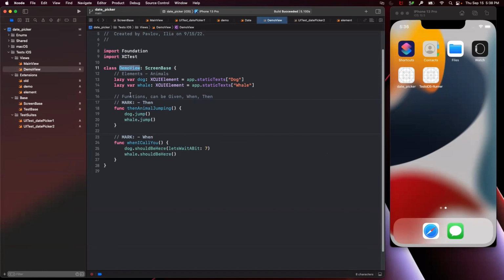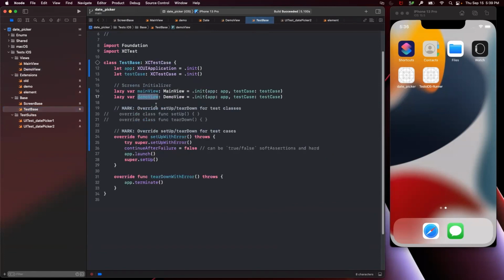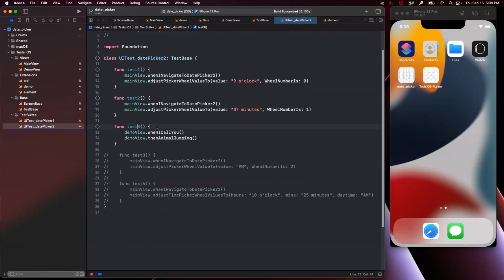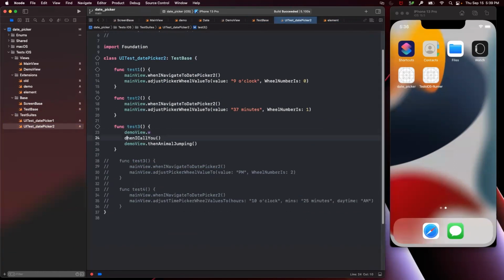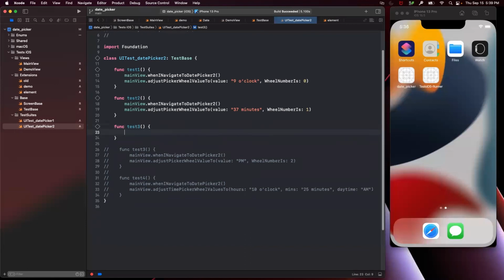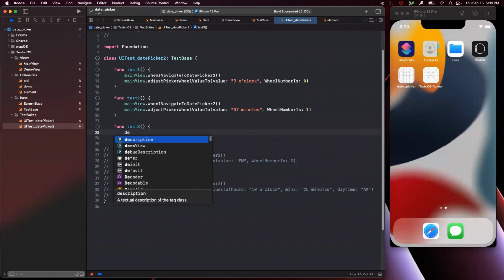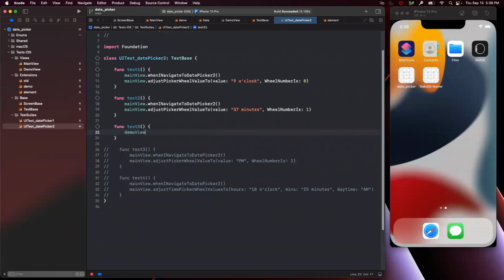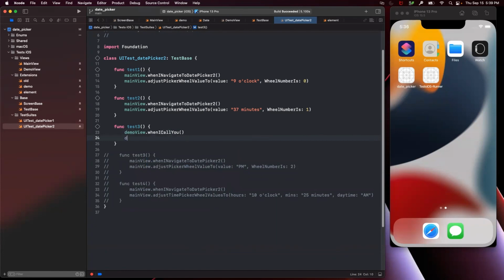So how will we add it to the test suite? It's really easy. We go to the test base, where we again initialize the demo view. And then, cool, you can call the demo view. Let me just remove it and call it again. After that, it allows you to call the demo view, and you can say, all right, when I call you, and then demo view,